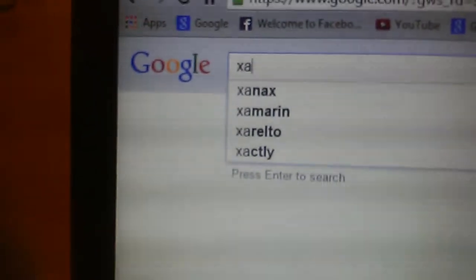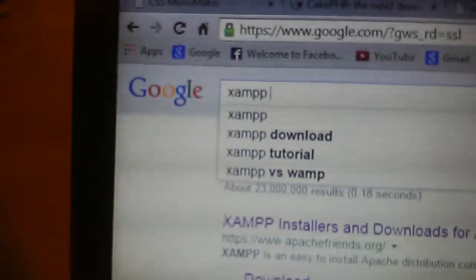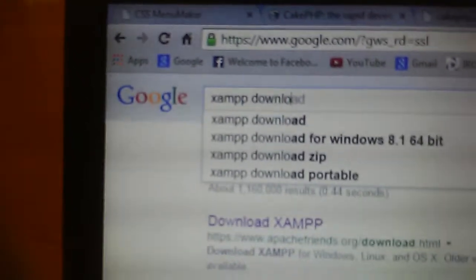So I'm going to type XAMPP download for Windows 7 64-bit.